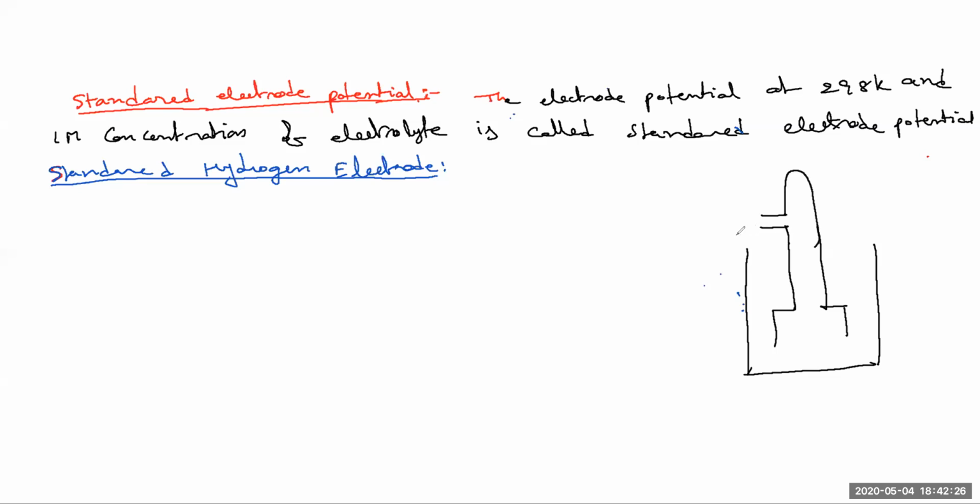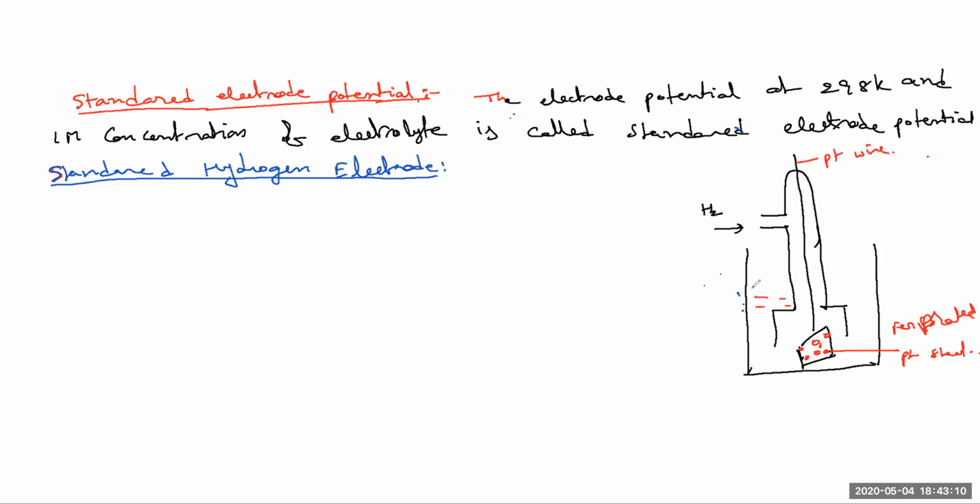From this inlet, we are sending H2 gas, right? Here one platinum wire is suspended into the electrolytic solution. It has one plate, that is a platinum sheet, a perforated platinum sheet. Perforation means small holes are there. These are the perforated holes. This is the platinum wire, and this is the perforated platinum sheet.